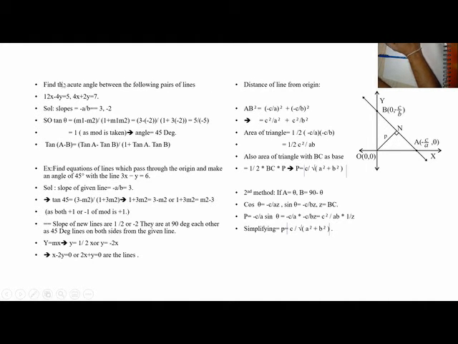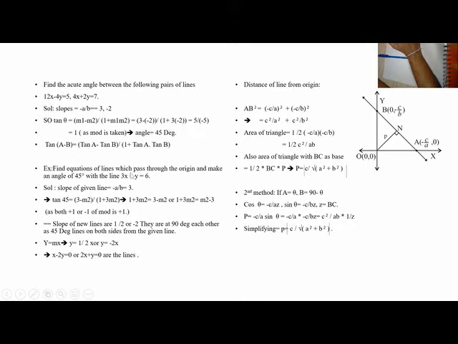We go to this. Find the acute angle between the lines. We are given two lines. We find the slope of this one. Slope is minus a by b, minus 12 by minus 4, that is 3, and the slope of this is minus 2. How? It is minus a by b, minus 4 by 2, because dy by dx. So minus 4 by 2 is minus 2. So we have two slopes. I know tan theta is (m1 minus m2) by (1 plus m1 m2). When I substitute, I am getting the angle as 45 degrees. This is the tan of (A minus B) formula.